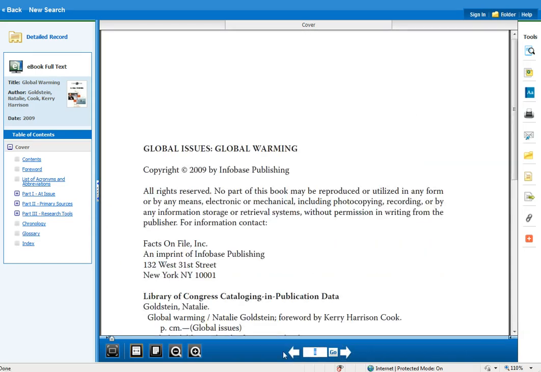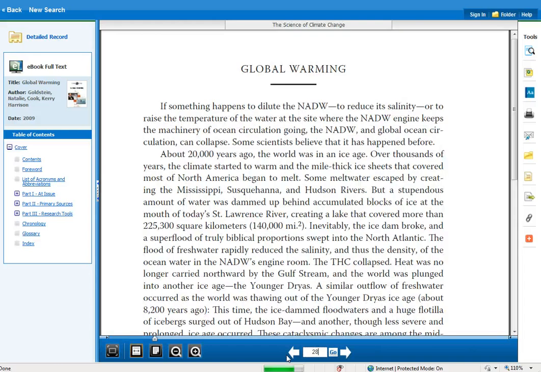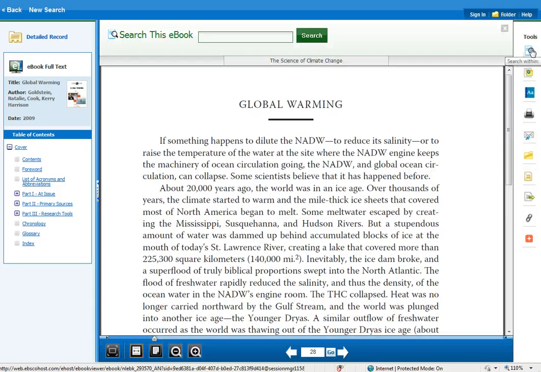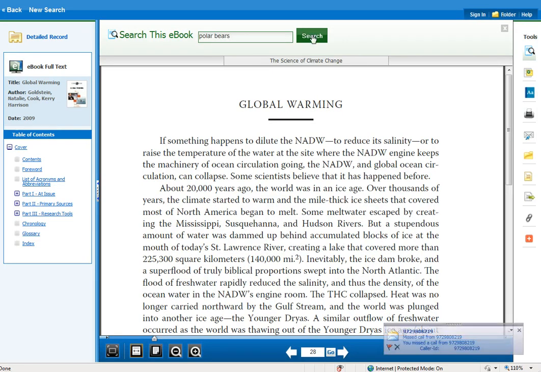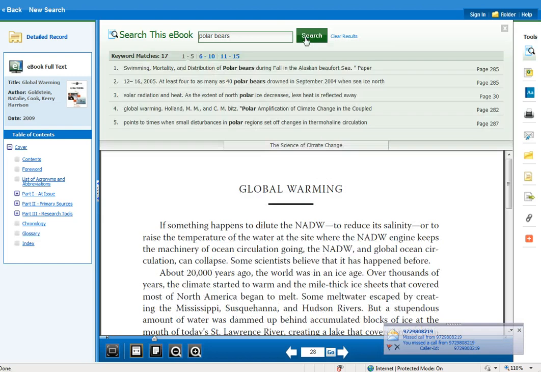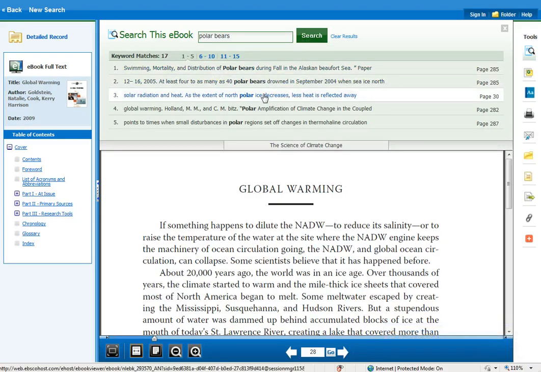At this point, you can navigate through this book by clicking on the arrows here to the right, to the left, or you can type in a specific page number. You can do a search under Tools here for polar bears. Search. And it will show me everywhere that polar bears comes up in this particular